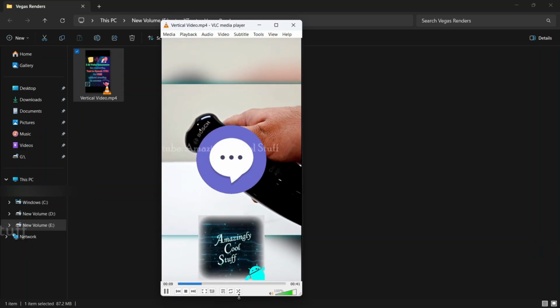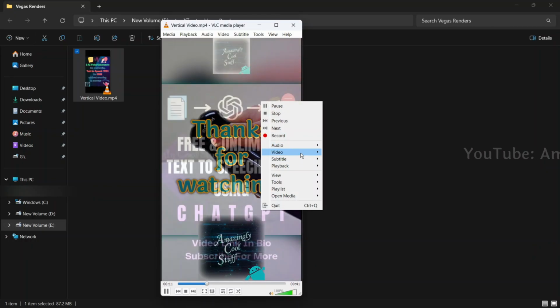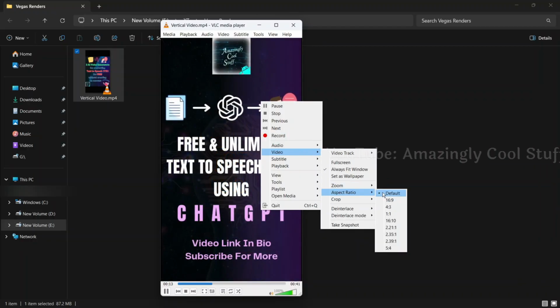And that's how you set up and render vertical content in Vegas Pro 22, from project settings all the way